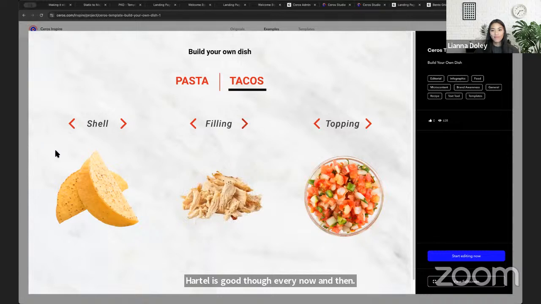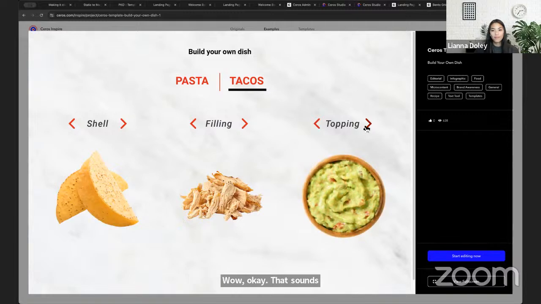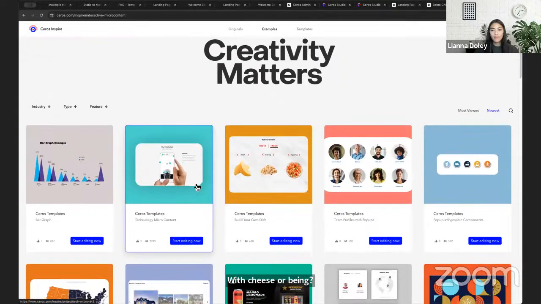All right, so then let's build our taco here. That's why you do hard shell inside a soft shell. Wow. Okay. That sounds like some Taco Bell kind of stuff. Ooh. With cheese or bean. Okay. I'm getting real hungry now. All right, so that was a long